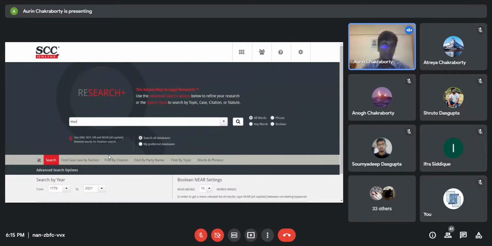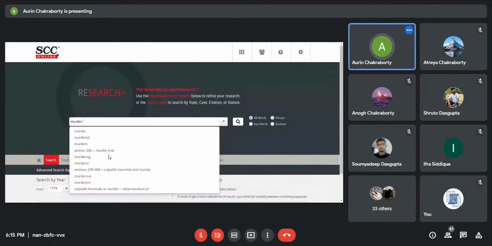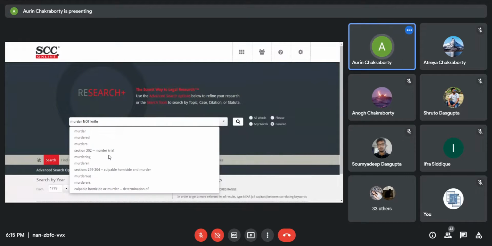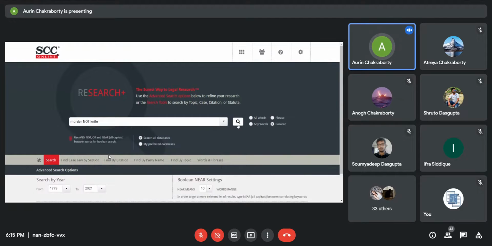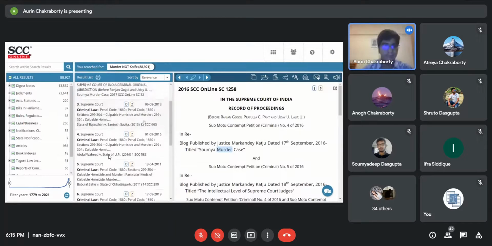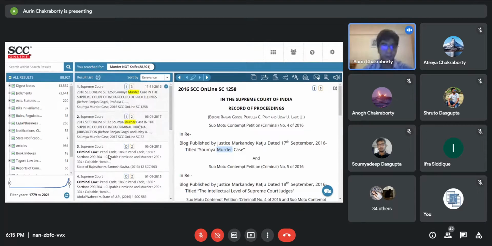So for example, we are searching for a case on murder, and we are searching for a factual scenario wherein the murder weapon, for example, was not a knife, right? So you just write murder, you can put in the not keyword, and you can just add in knife. Now here is something wherein the right. So I'll just fire this search and then come into that aspect. Right. So these are all cases with respect to murder wherein knife was not the weapon which was used for